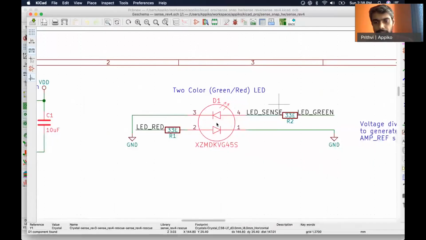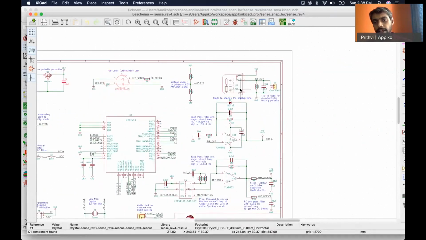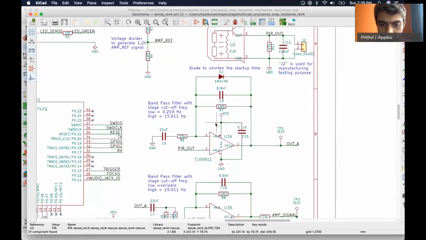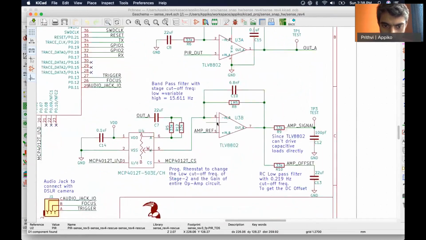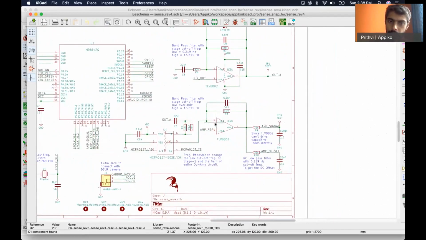Next, the part that we'll see is the entire motion sensor conditioning circuitry. Here is the PIR sensor. After the PIR sensor are two stages of band pass filter. This is stage number 1 and this is stage number 2. This band pass filter then goes to the module for getting converted to digital.